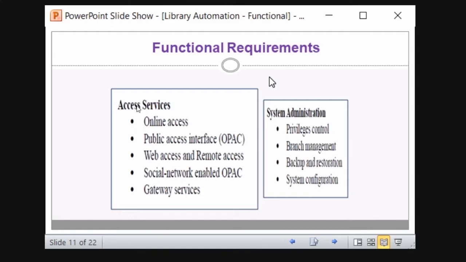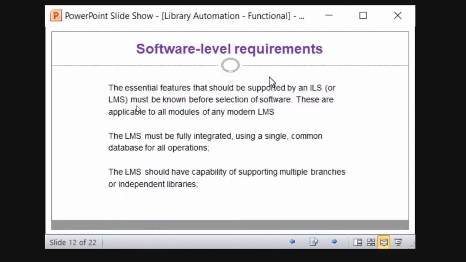Your web OPAC should be integrated and compliant with that mobile version also. Gateway services, like subject gateways, physics gateway, chemistry gateway, provide resources on that particular subject. So these are the functional requirements with respect to access services.